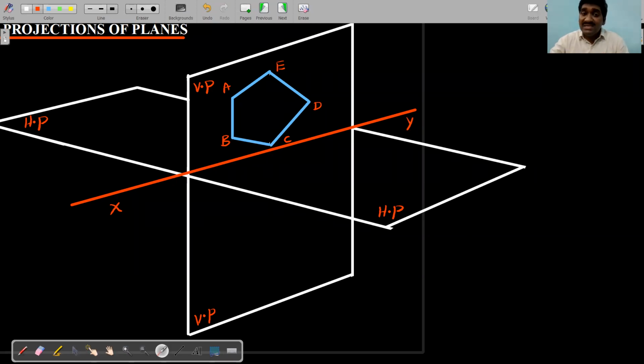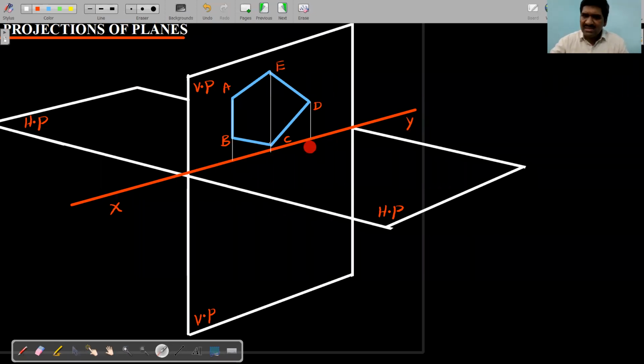But what is the position of this plane with respect to HP? Very simple. No need to learn anything by heart. Very simple. Do one thing, a small task. Simply draw the projector lines. Number 1, number 2, and number 3. If you observe carefully,